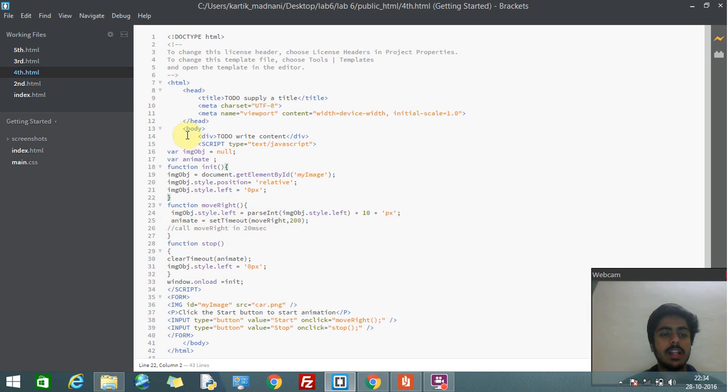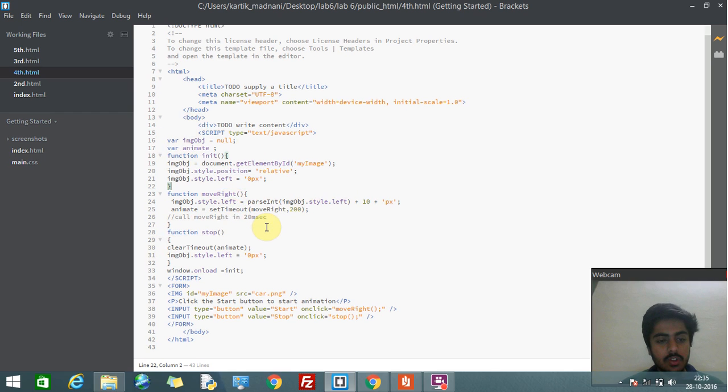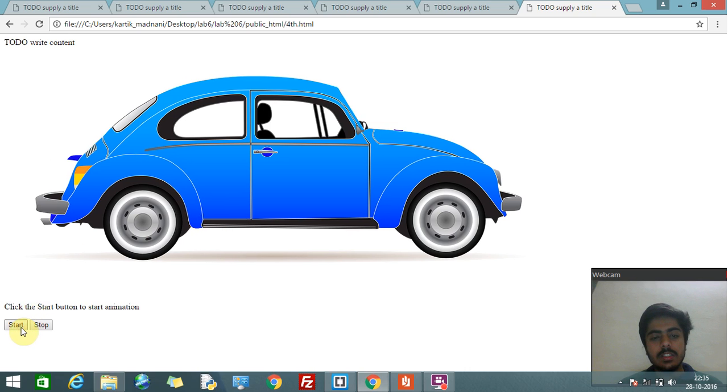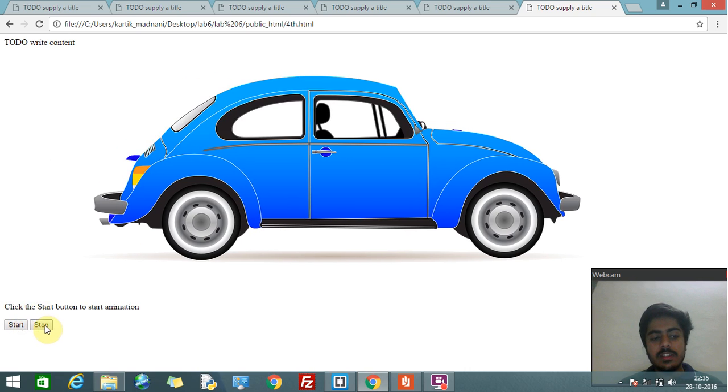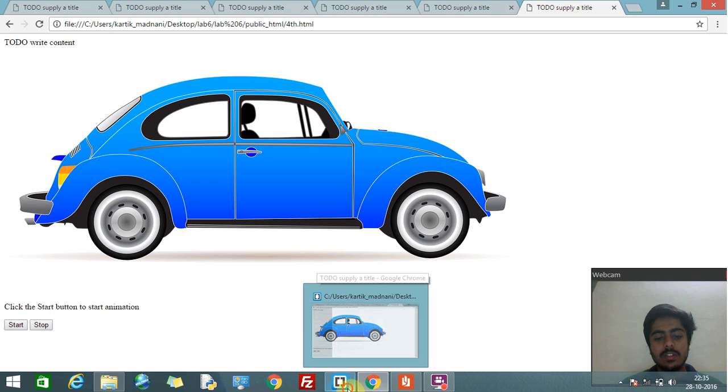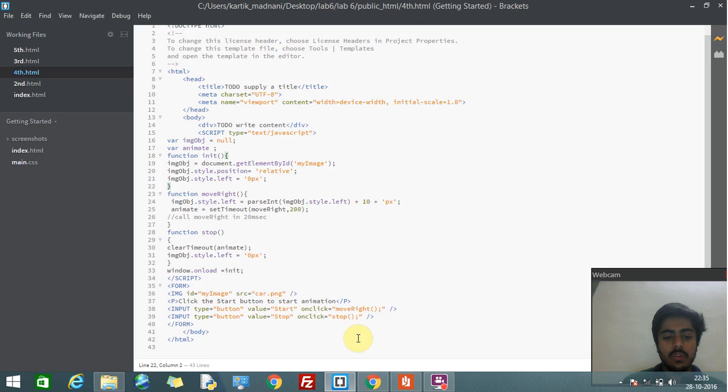So here I have initialized function init, and here I have given the function move right, then function stop. So whenever you click the stop button, this particular function will be called, and in this it will create a timeout, and it will reset the car to left 0 pixels. So as you can see, whenever I am clicking the start button, the car is moving in the rightward direction, and now I click the stop button, it will come to the left side at 0 pixels. Left padding I have given 0 pixels, so it will, because of the value which I have given here as